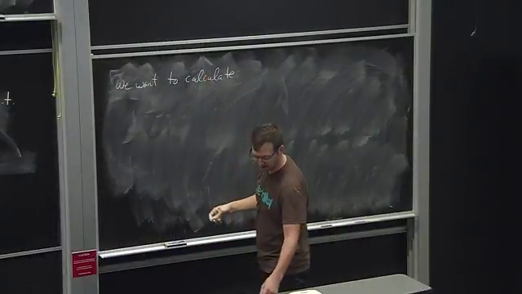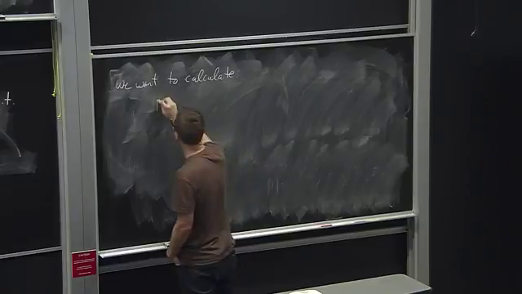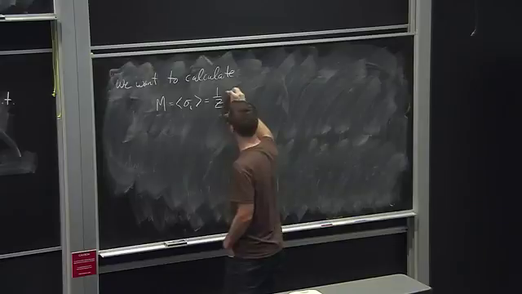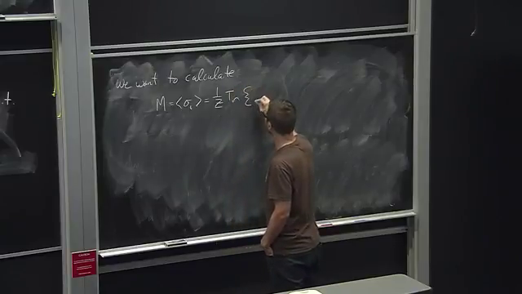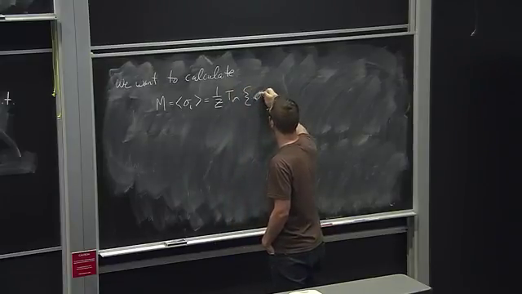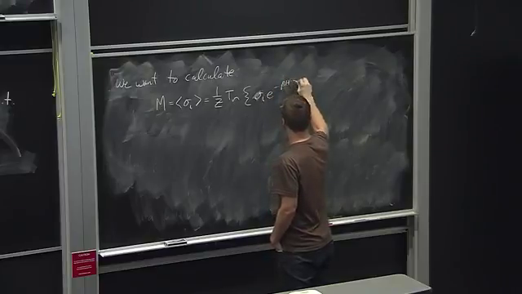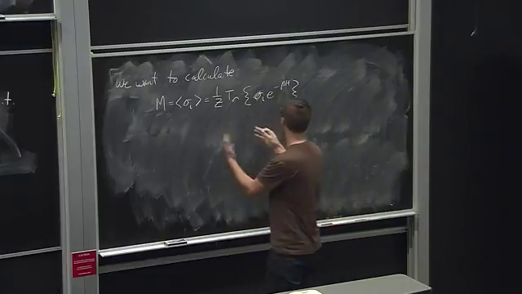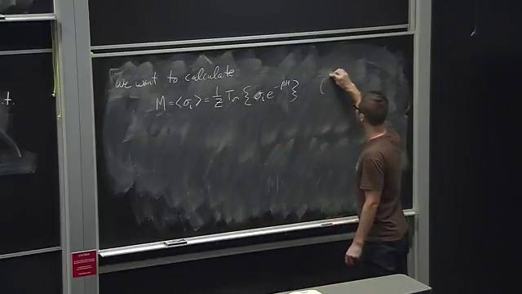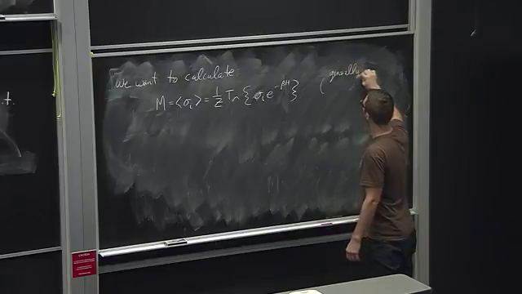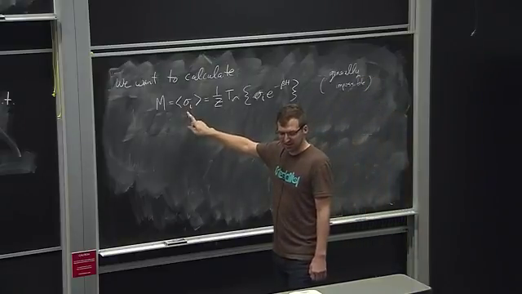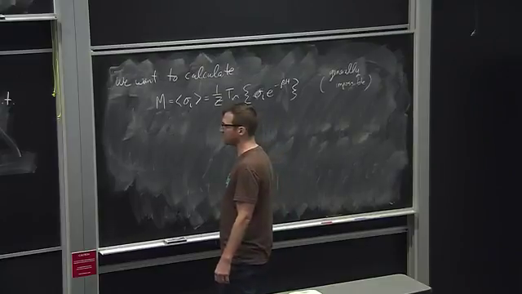Let's calculate the magnetization, so the order parameter. I think I wrote it like this. And let me write, again, this is basically an impossible problem, generally. I'm just going to say impossible. So let me write this magnetization as one element of